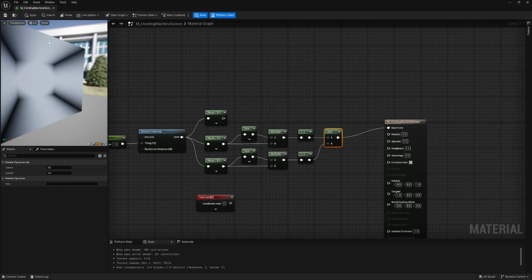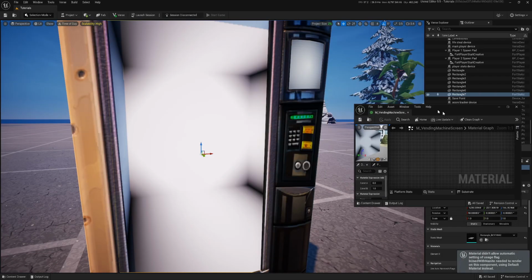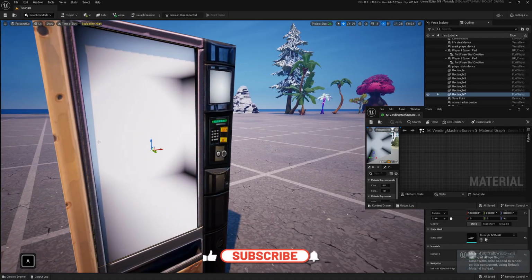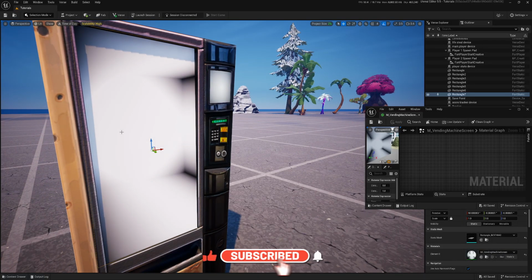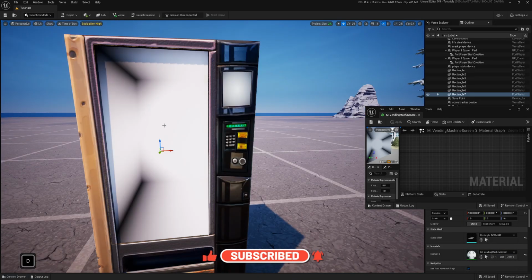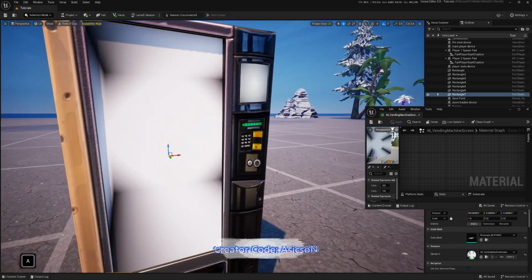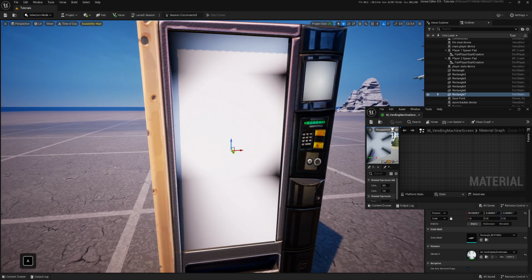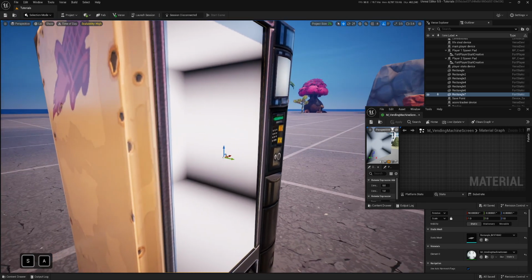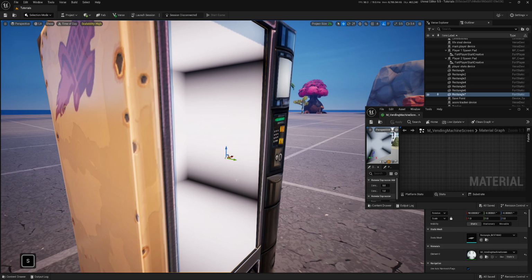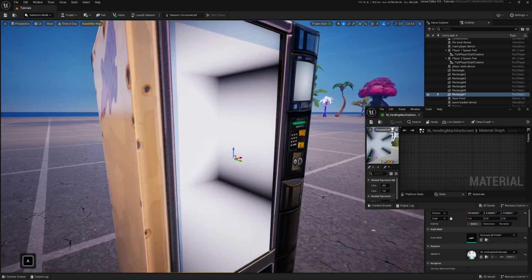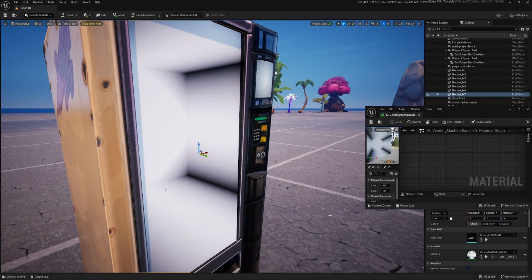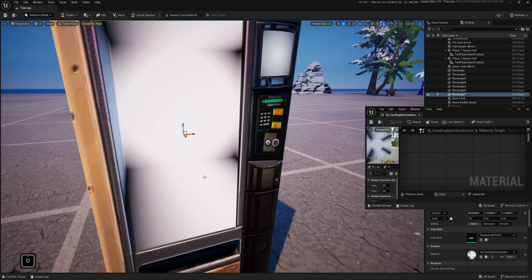But now there is a problem. If I save that, this interior is for a cube, so it's basically a perfect square. And our vending machine is actually rectangular. So if I'm looking at this side, it's touching that side. It's fine. But then if I'm looking in that direction, that side is really far away. Maybe it's something you want, then it's perfect. But I would like to move this side closer to that, so basically match this corner.